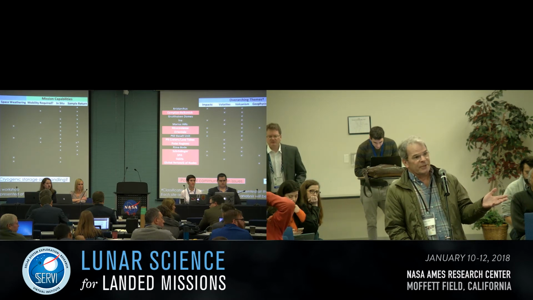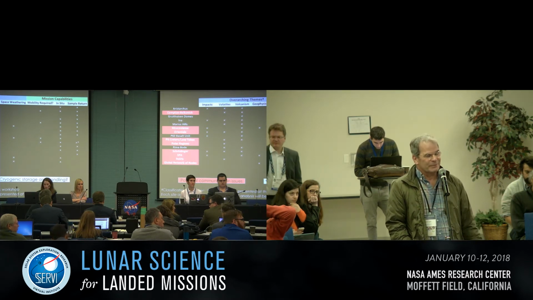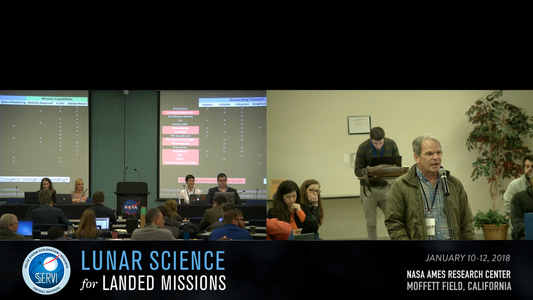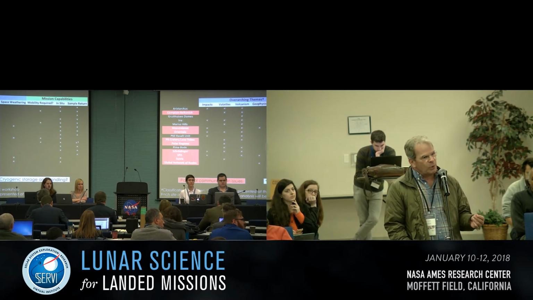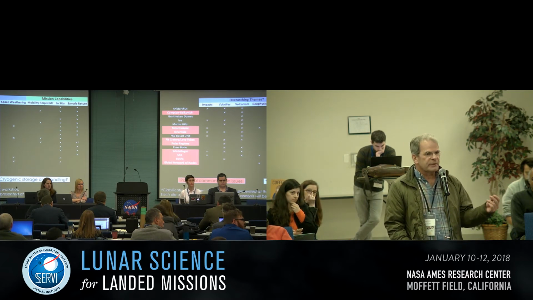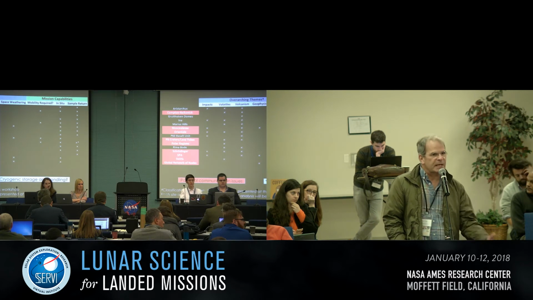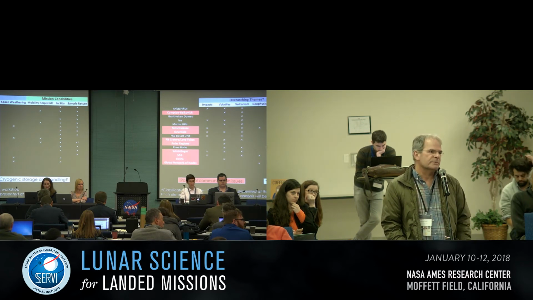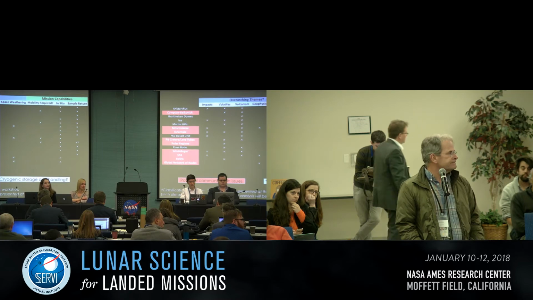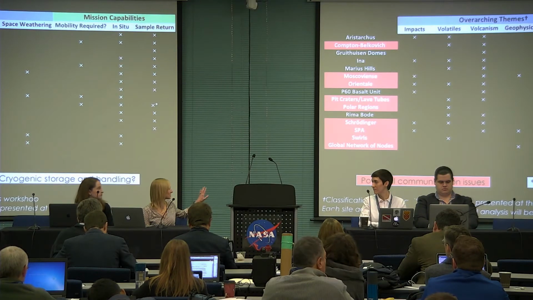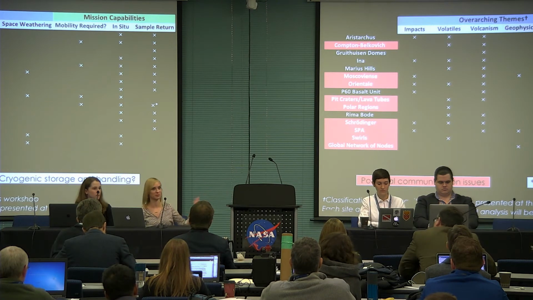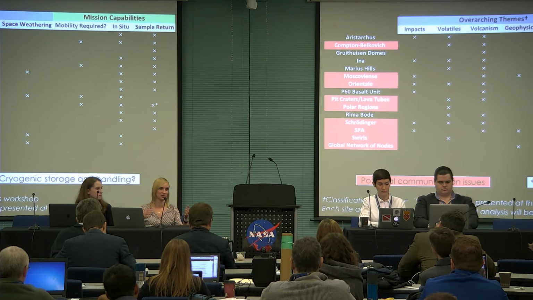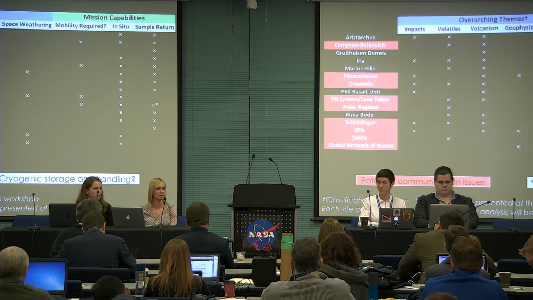I think PSRs are very attractive because we know very well that there are volatile ices in places like Cabeus, for instance, a permanently shadowed region. But from the point of view of exploiting a resource, it's much more attractive to find a place that's clement at the surface but has the resource in the near subsurface so that you can get to it easily. Yeah, and that's one reason we kept poles. We wrote polar regions rather than something like PSRs, and we pulled the polar regions outside of SPA because they're too different. We'll probably break it down even farther as we go throughout the report.